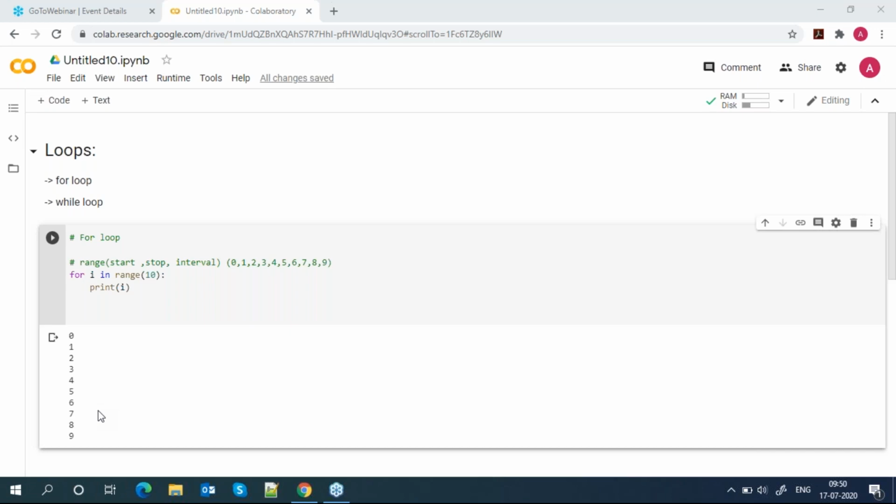Abhishek, Aditya, Susant, Tejashwi, Venkat, clear? Tejashwi, hello. Okay, Tejasvi.